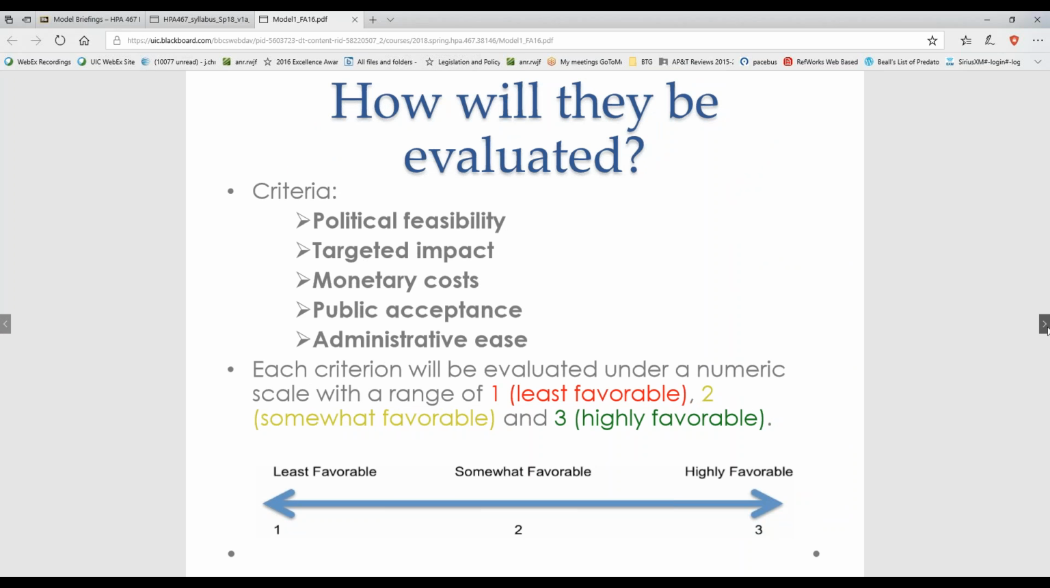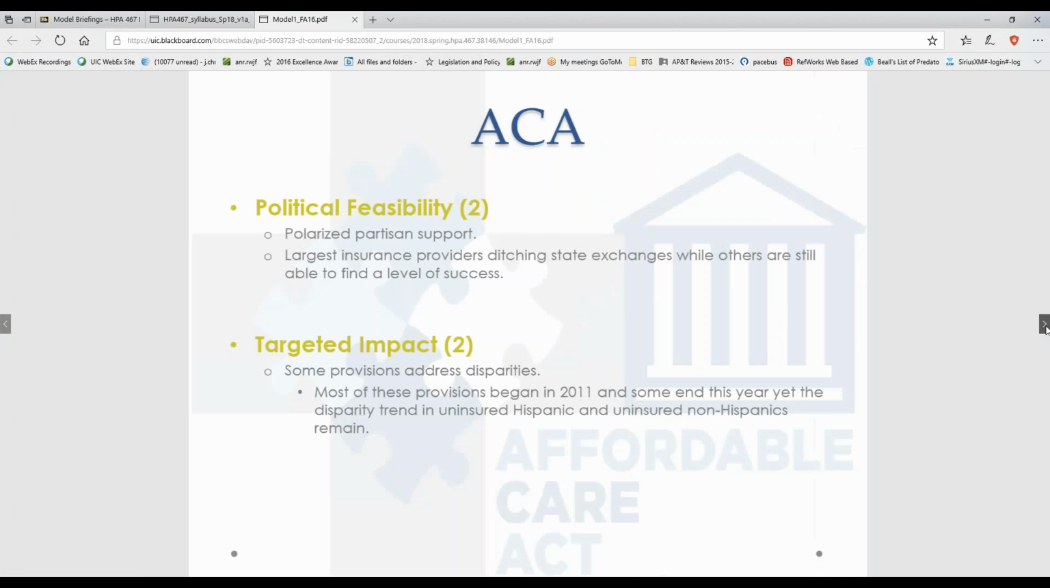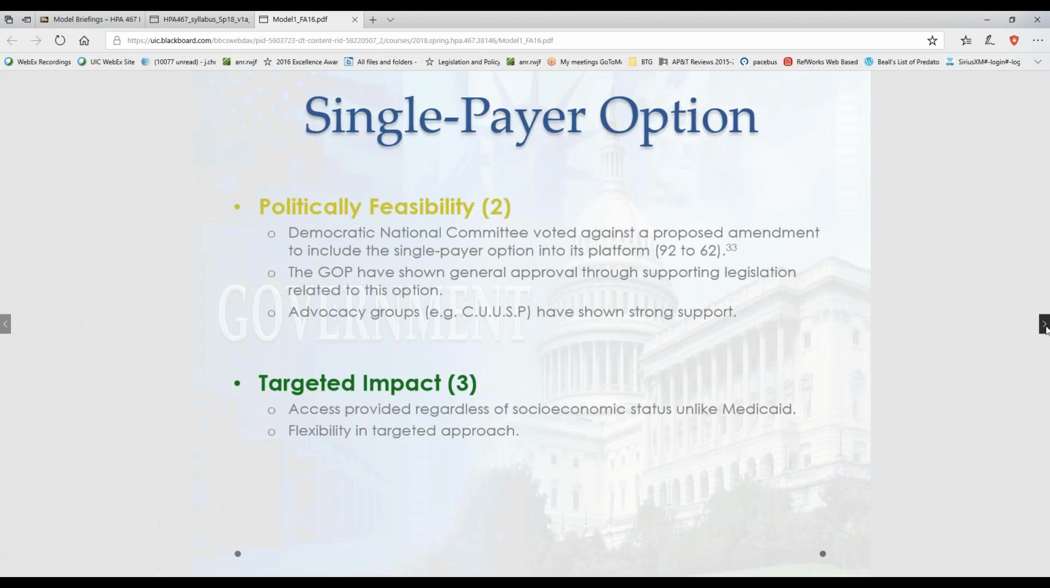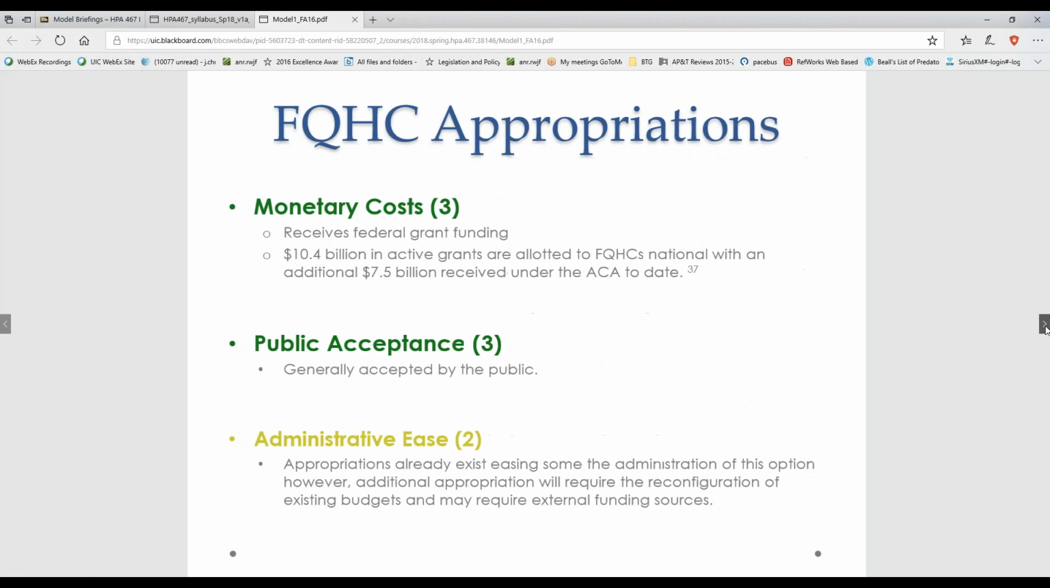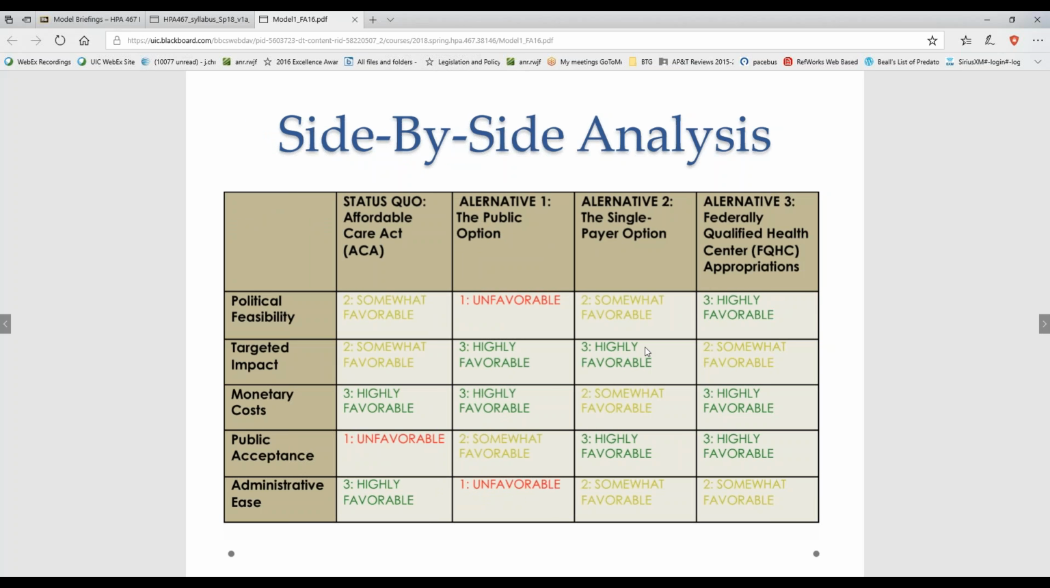And then here's where she talks about her criteria and how they're going to be evaluated. She created the scale for evaluating them. And then she had a separate slide on each one of the status quo and each one of the policy options. And then she rated them, and so on and so forth. And then in the end, she had a simple summary side-by-side table,